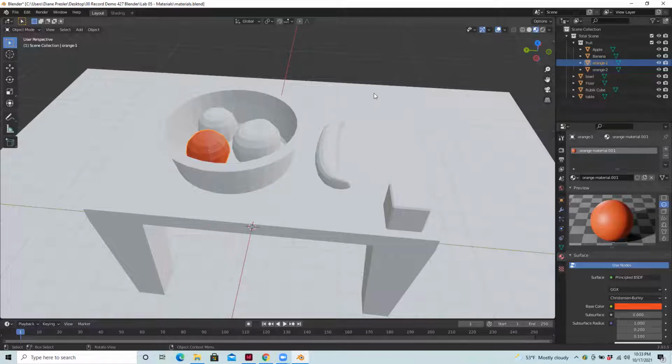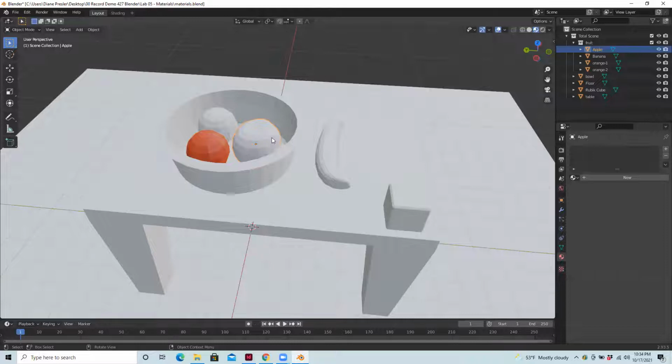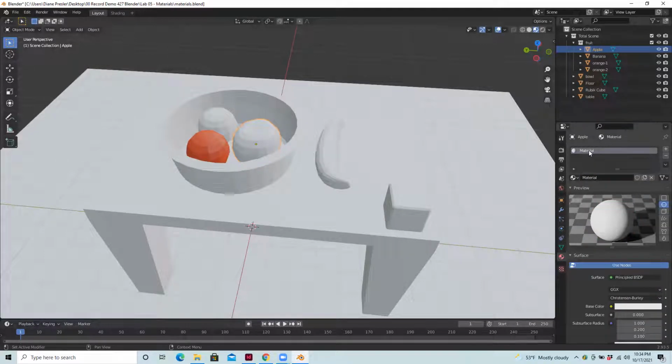And then go ahead and create a few more materials to practice. Maybe you can just focus on base color at first and go ahead and create red for an apple in a banana material as well. So maybe I'll go ahead and do that. I'll choose the apple, and I'm still viewing material properties, and I'm going to click new, and let me name this apple material,